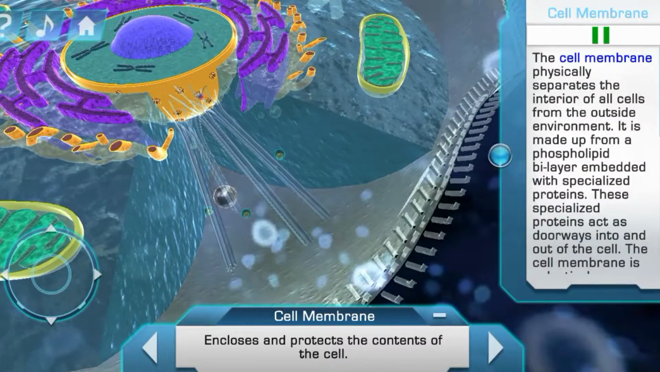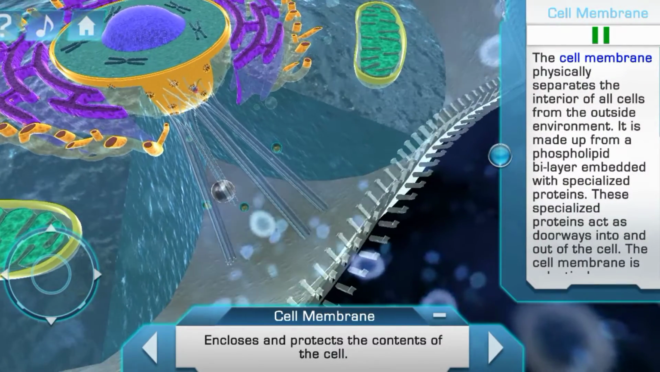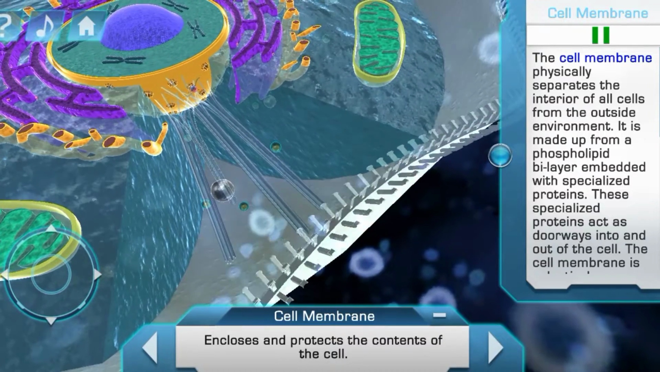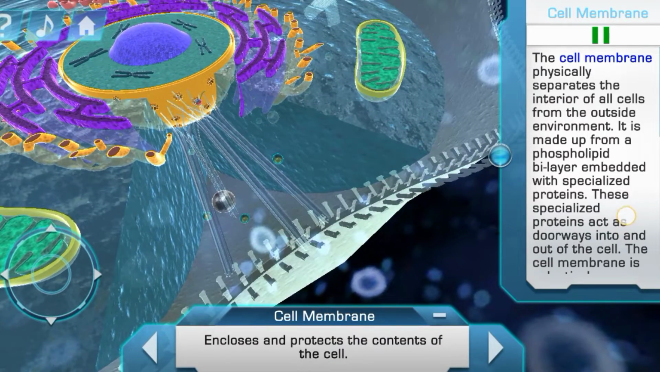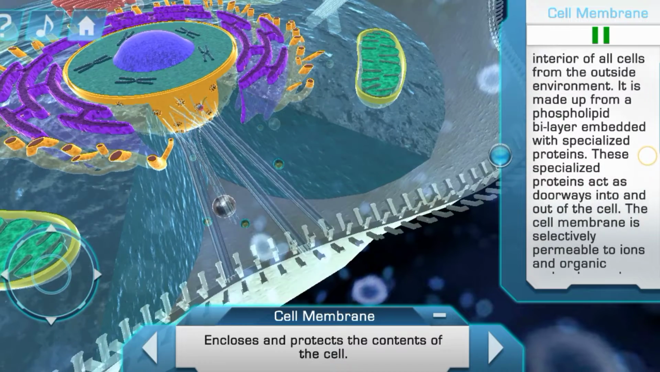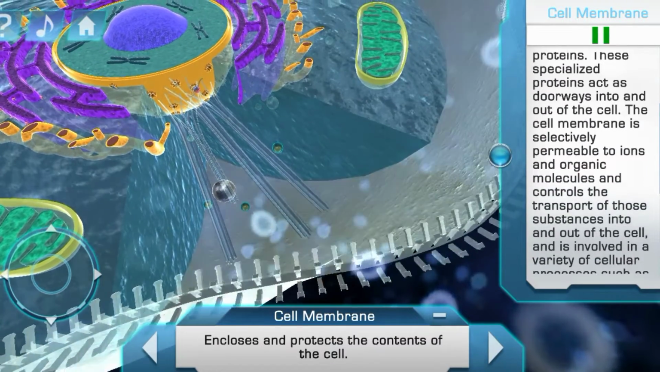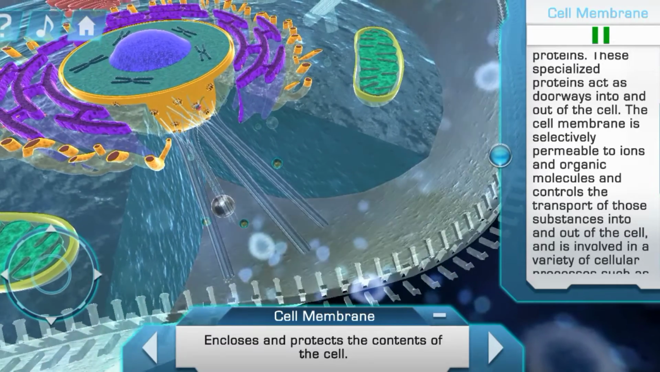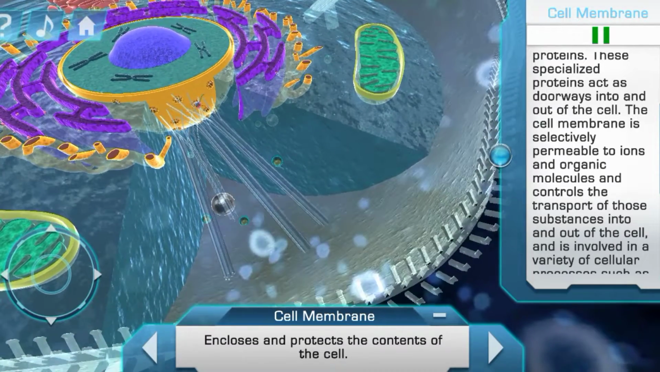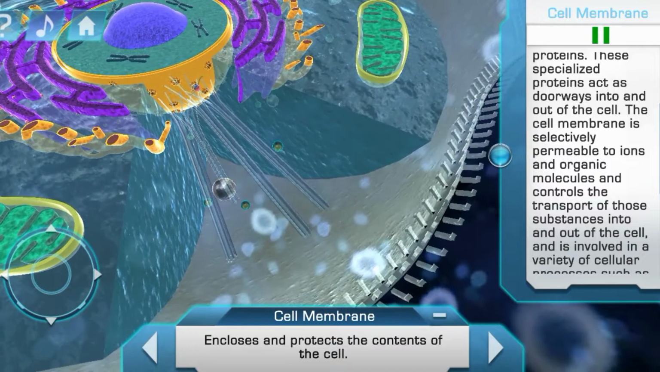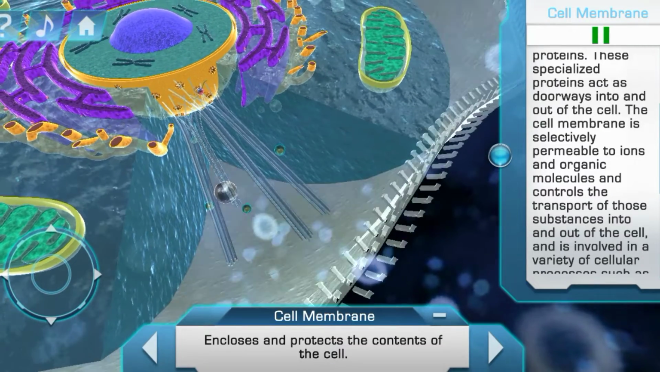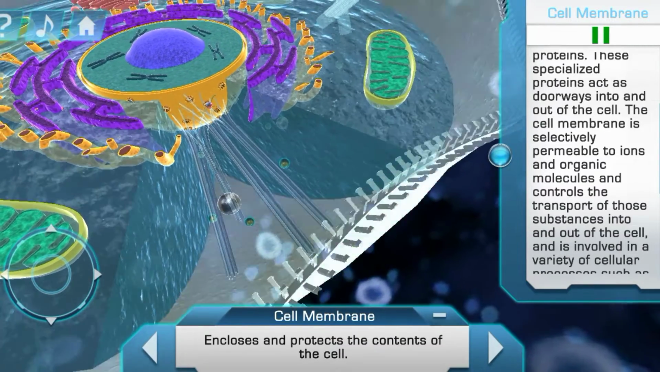The cell membrane physically separates the interior of all cells from the outside environment. It's made up of a phospholipid bilayer embedded with specialized proteins. These specialized proteins act as doorways into and out of the cell. The cell membrane is selectively permeable to ions and organic molecules, and controls the transport of those substances into and out of the cell,